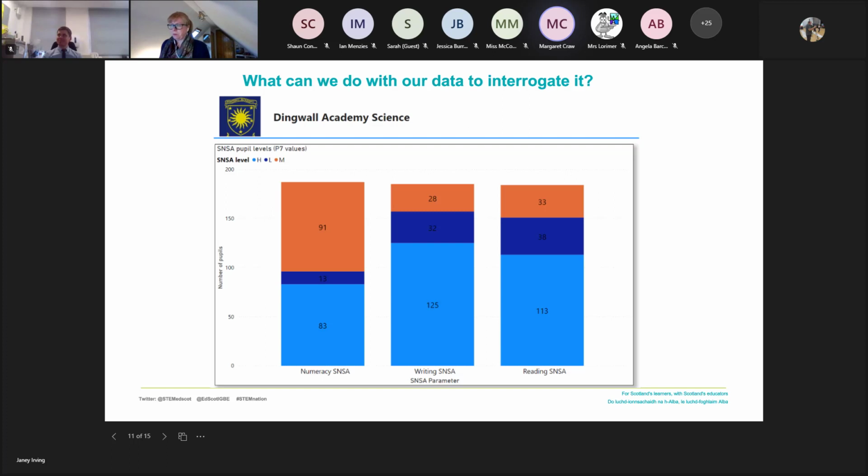So in a school, if I was looking at the SNASA data that was coming in, I get my cohort coming to me in August, September, and I already know this cohort. You can see there the difference in numeracy, the difference in reading and in writing, and looking at the demographics within your class,